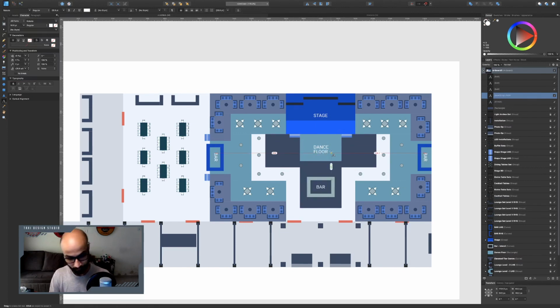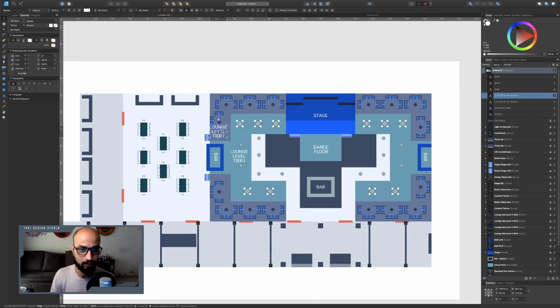Select all, center aligned, dance floor, lounge, level, tier 1, tier 2,